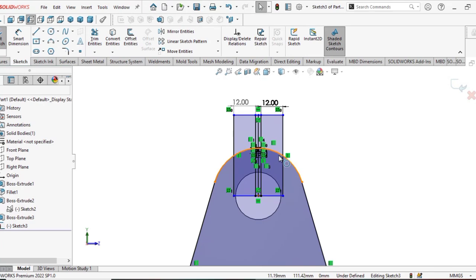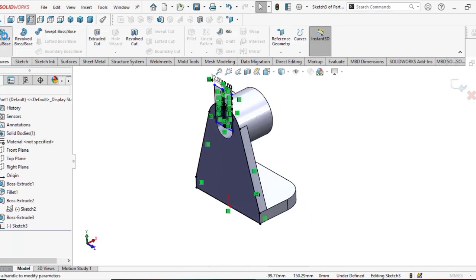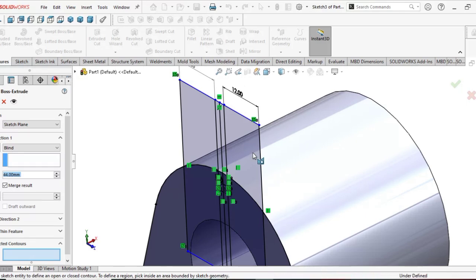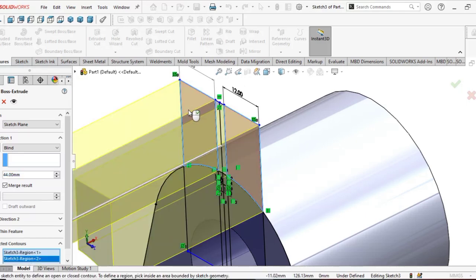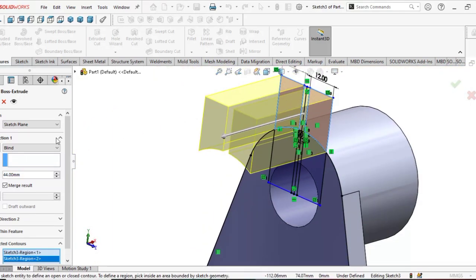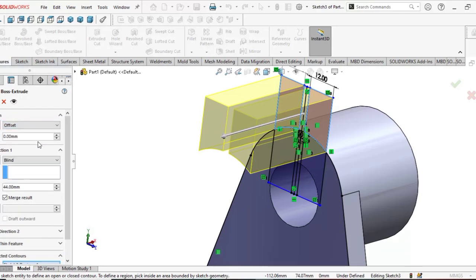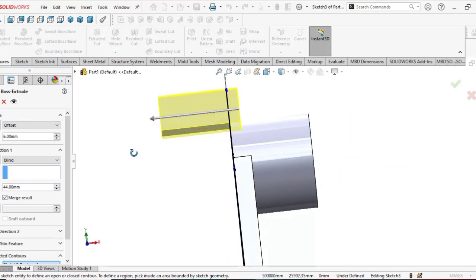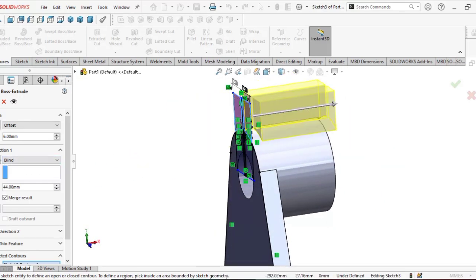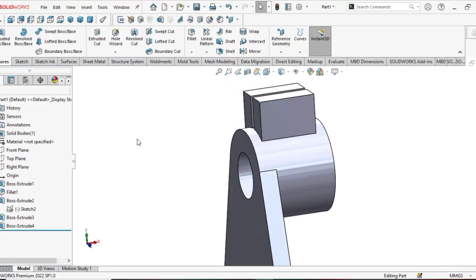Now I'm going to extrude. Go to features, select extruded boss or base. Now I'm going to select this part and this part. I'm going to sketch, click offset, and here type 6, but should be going to the other direction. You see, also change the direction here. Now, but here should be 32, type 32, length of extrusion. Click OK. You see,